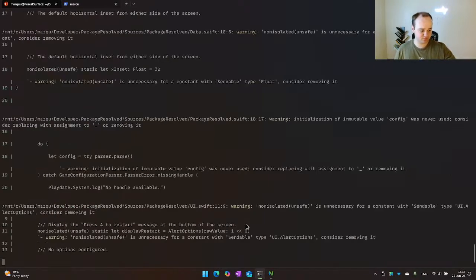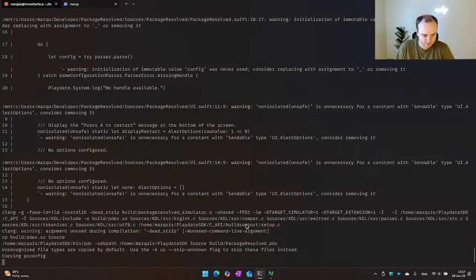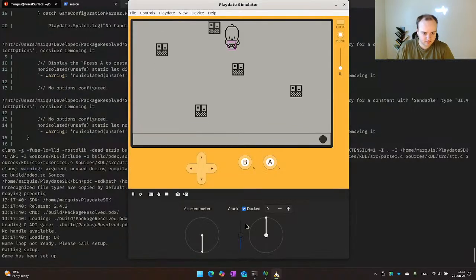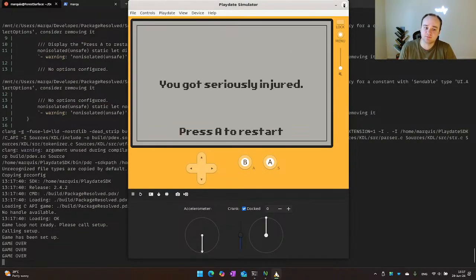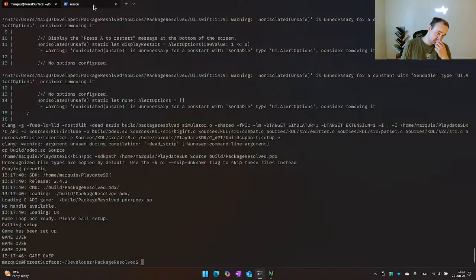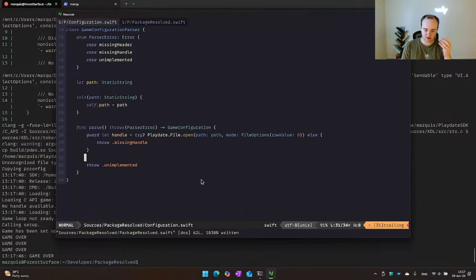Let it rip. What does the console say? No handle available. Okay, well at least we can confirm that. Got that working. Try Playdate file open path.